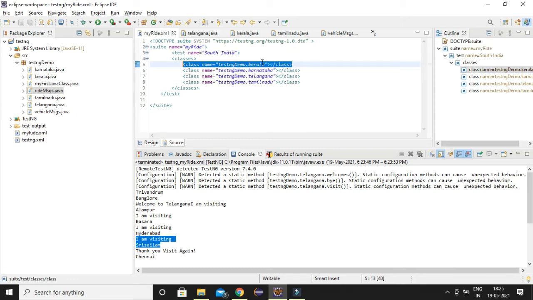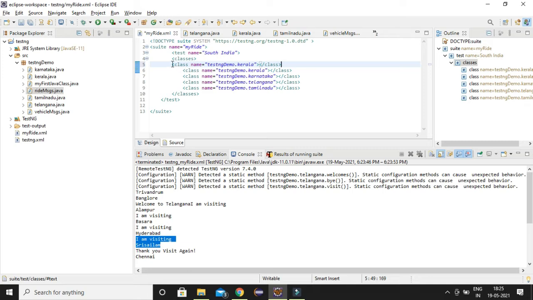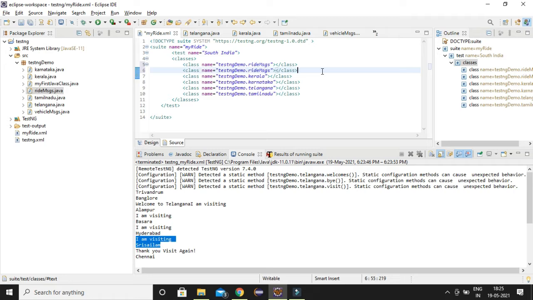What is the class name? Write messages. And if you think you need your vehicle messages also, actually trip and vehicle messages are both maintained in the same class. If required, we will divide them later.